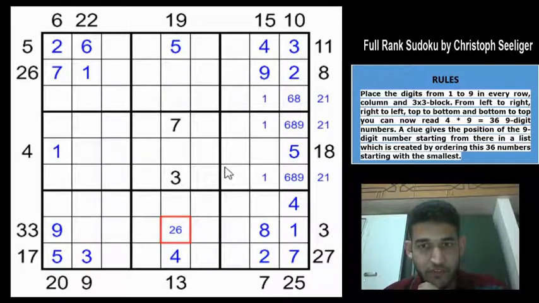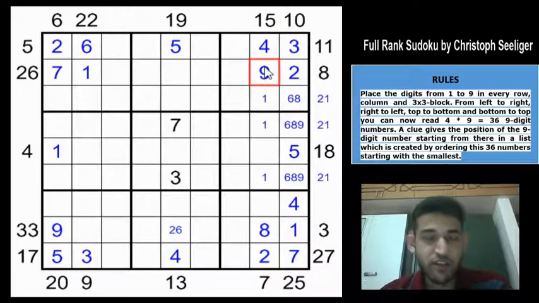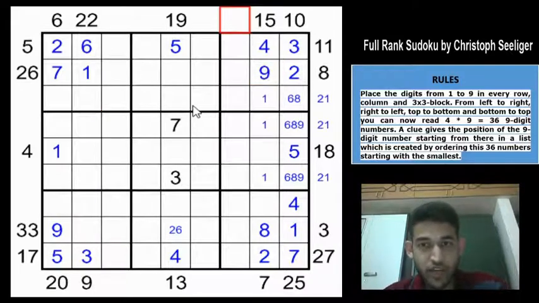And we don't have any information about 14 or 16. But one thing we can say for sure is that because 15 is 4, 9, your 16 will also have first digit as 4 and the second digit as 9 because 16 needs to be greater than 15. So let us look for the 4 clue. 4 clue cannot obviously be here and have the 9. We need to find the 16 clue now. I am basically trying to find the 16 clue.